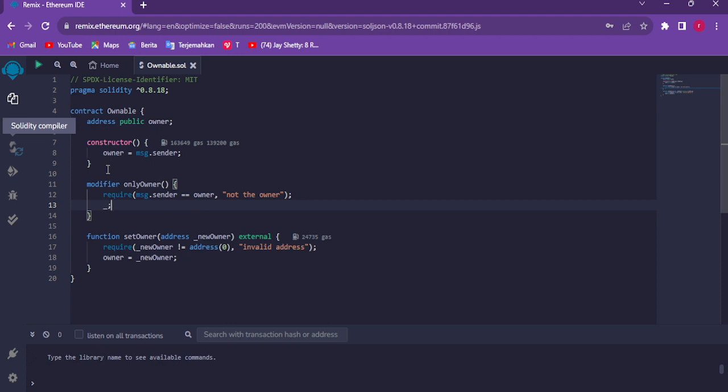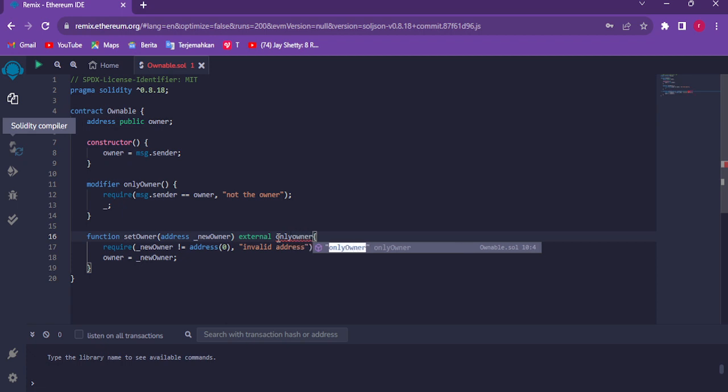And then don't forget about the underscore semicolon. That means it will get attached to the function down below. And then don't forget to type the name of the modifier after external, right here, onlyOwner,